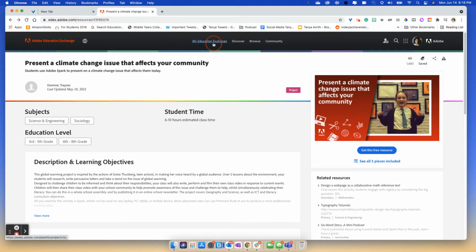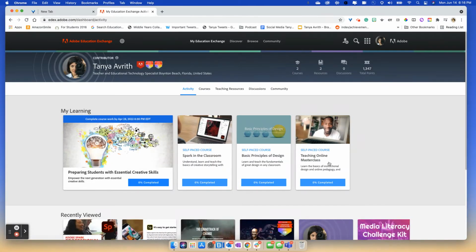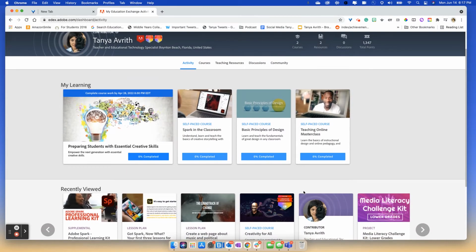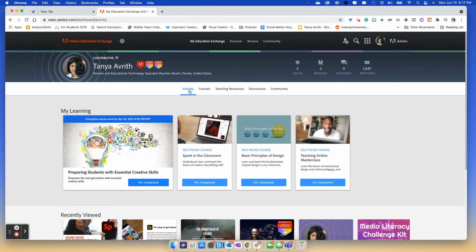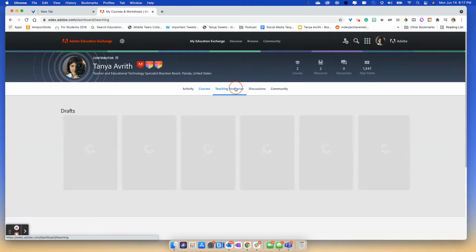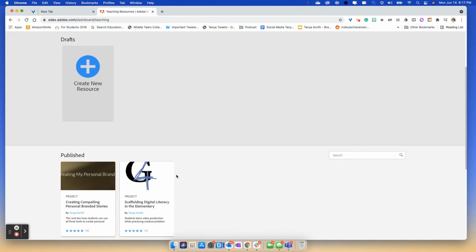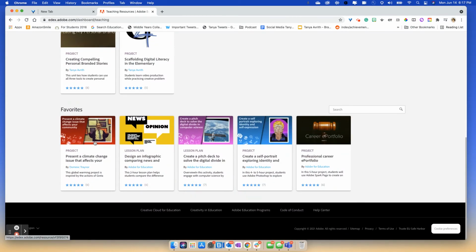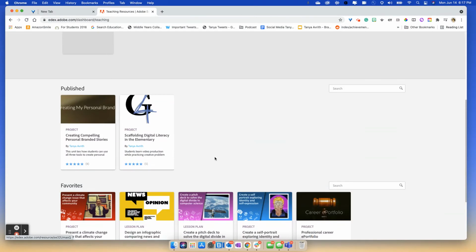And then what I do is I go to my education exchange, and I can see ones that I've recently looked at. I can look at the courses that I've either enrolled in or completed. But over here is where I will access the resources that I've favorited, that I've bookmarked. And they're all here. So this makes it really easy for you to read